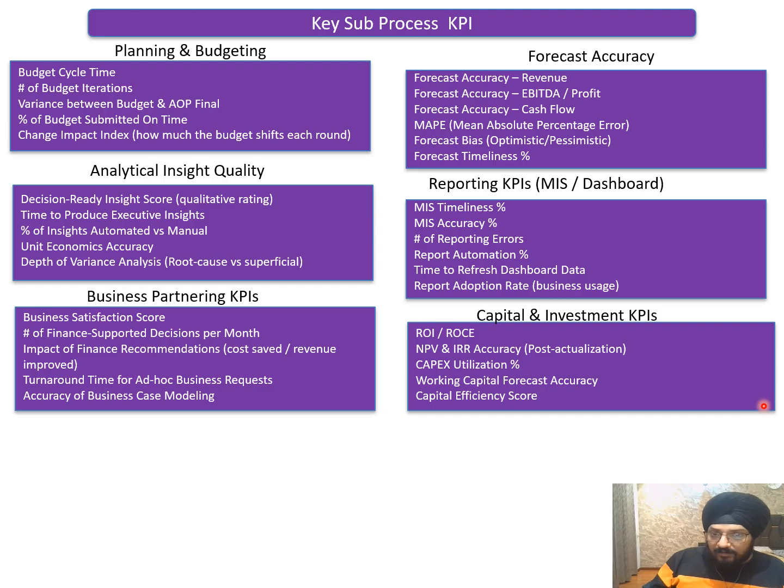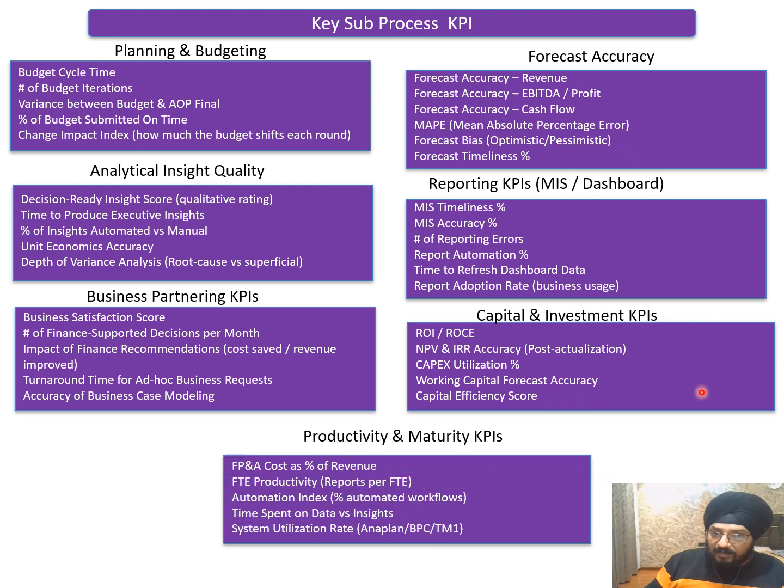Then we have capital investment KPIs, which are return on investment and return on capital deployed or employed, NPV versus IRR accuracy, capex utilization, working capital forecast, and then capital efficiency score. And then lastly, we have FP&A cost as a percentage of revenue, which is operating cost as a percentage of revenue, FTE productivity, which is models divided by reports per FTE, automation index, time spent,